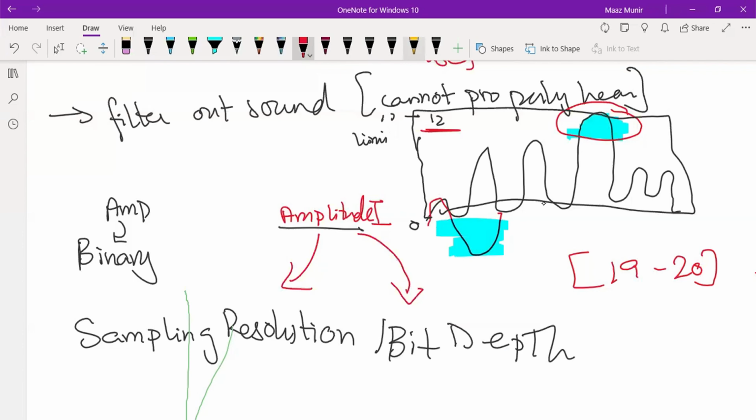But people usually get confused and don't get what's the difference between the two. Never mind, leave that. We need to understand what they are. So these values 0 to 12, these are bit depths or sampling resolution. The higher they are, the higher